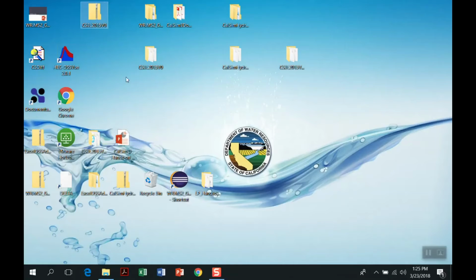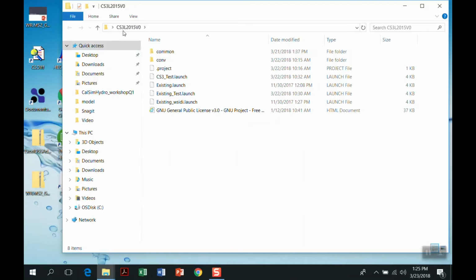You already extracted it to, as you can see here, the CS3 Air 2015 with 0. So that's basically the Cosmos 3 existing scenario